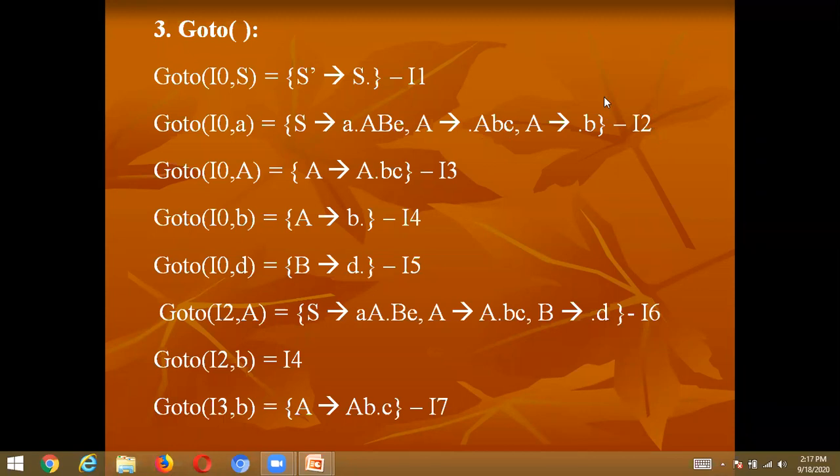Now go for I0. Up to now I have completed the goto function for S and the goto function for the terminal a.